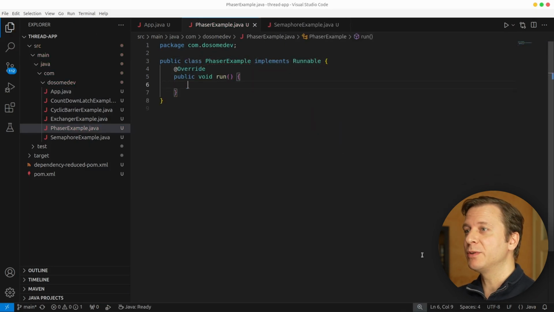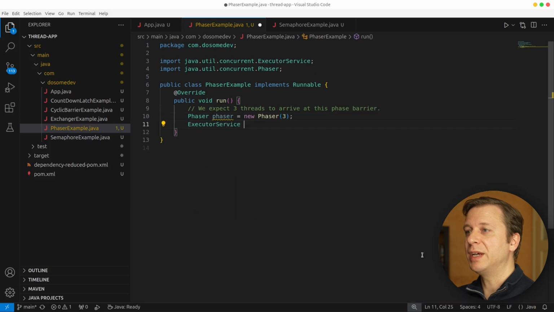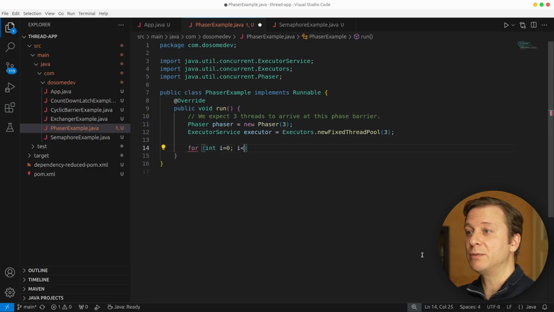For that we create a new class, PhaserExample, implementing the Runnable, which brings us to implement the run method. And the first thing that we want to define is a new phaser set at 3. We also define ourselves a new executor service, which we also set at a thread pool of 3. Now let's create 3 submits to the executor. For that we create ourselves a for loop running from 0 to 2, and in every iteration we create 1